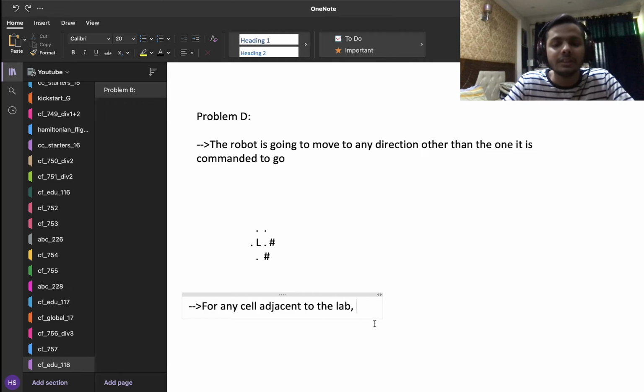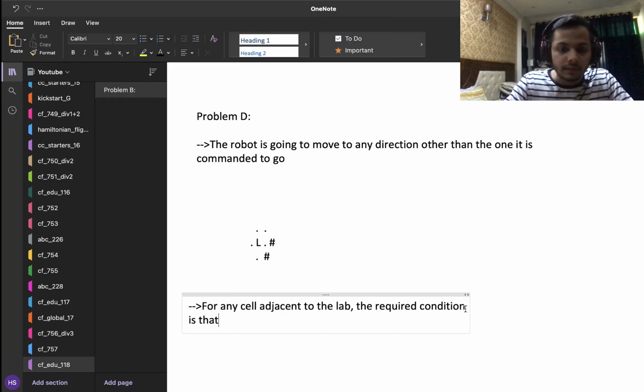So for any cell which is adjacent to the lab, the required condition is that there should be less than or equal to one adjacent cells that are free,